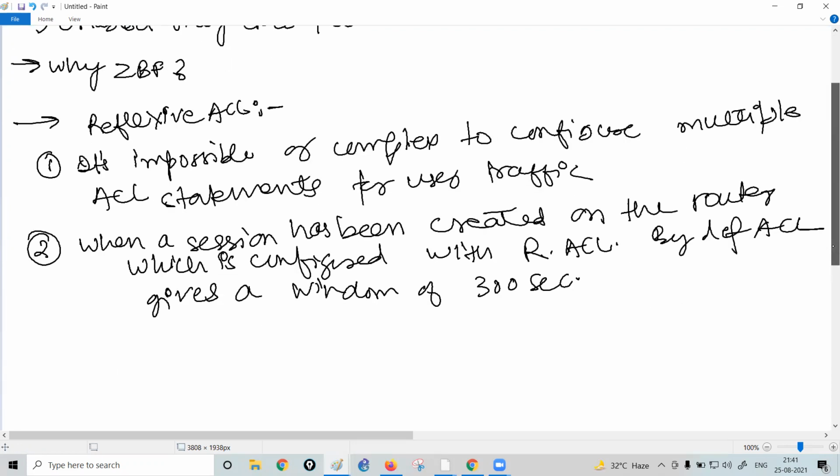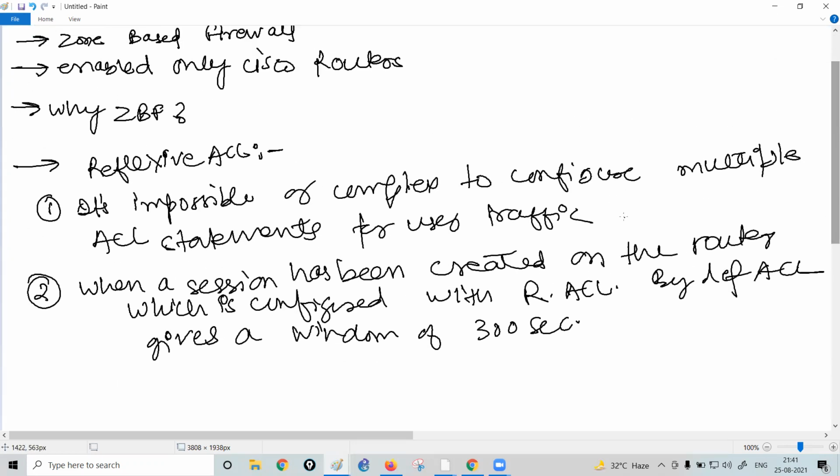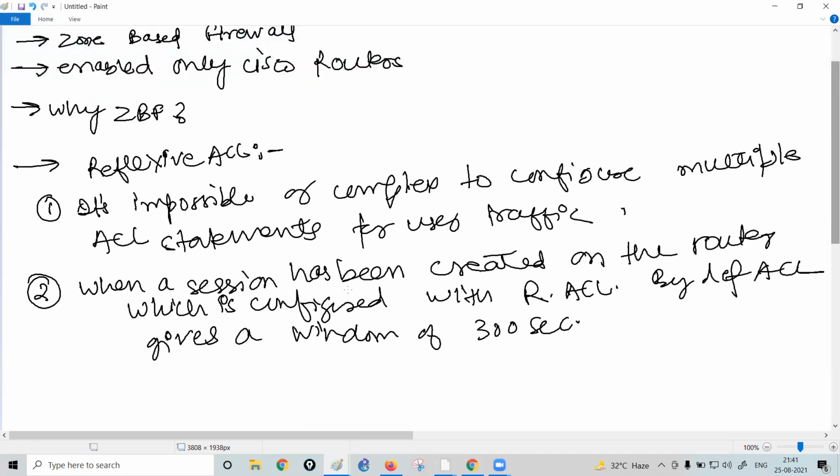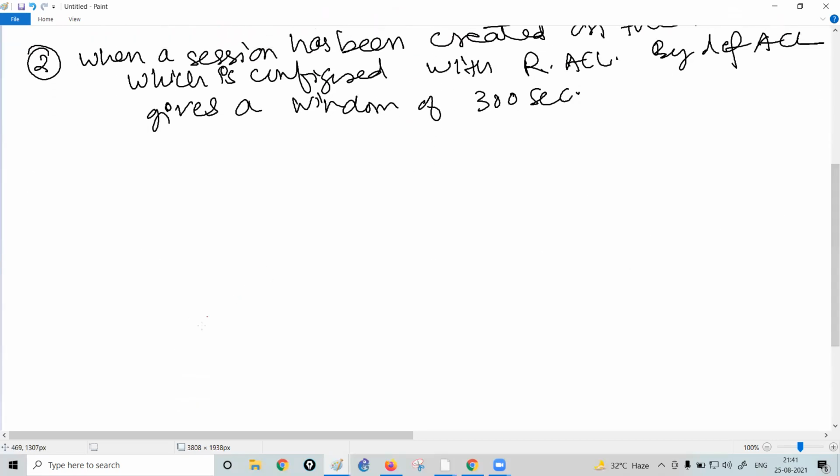I hope everybody is clear with the first statement. Now I would like to tell you about the second problem. Right now we are just discussing the problems associated with the reflexive ACL. So what is the second problem I'm talking about?